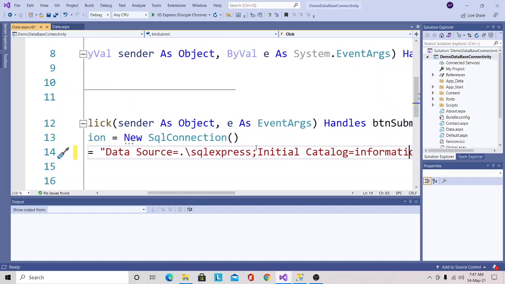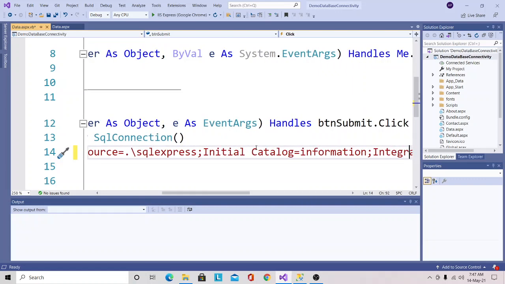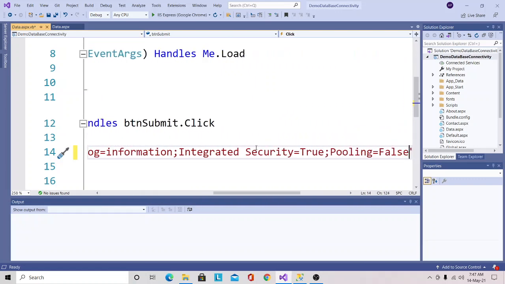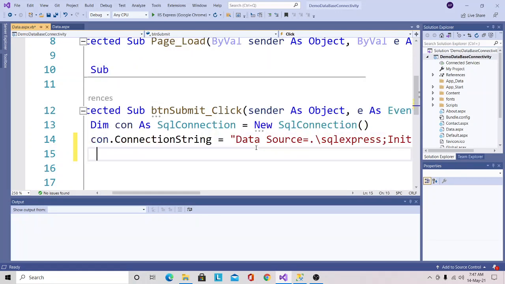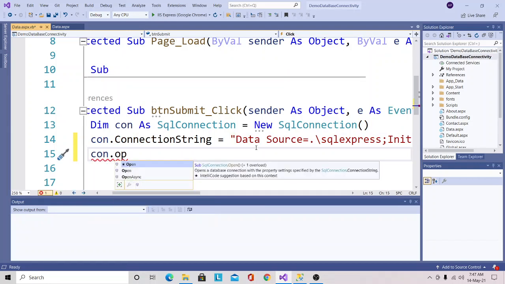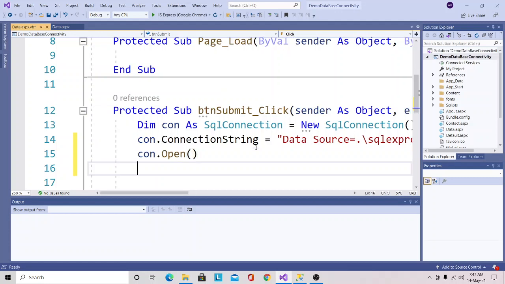In the next line, first I will open the connection, and for that purpose I will again call the con variable, and using the dot operator I will call the Open function. So in this way the connection will get opened.